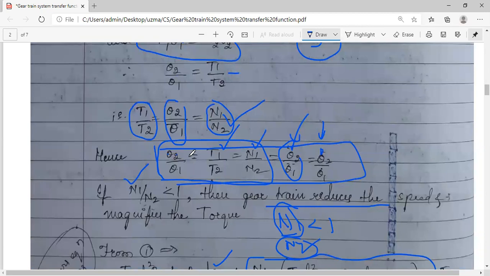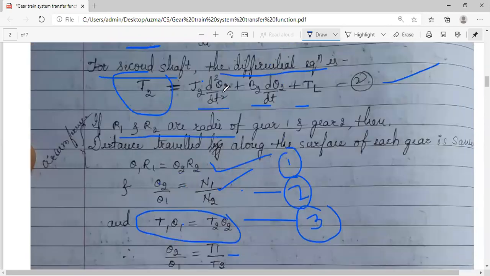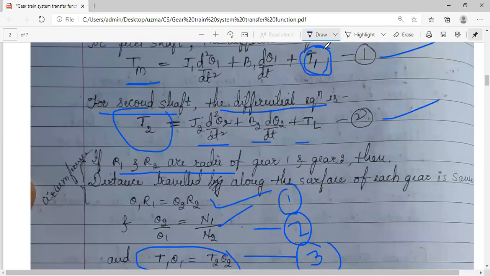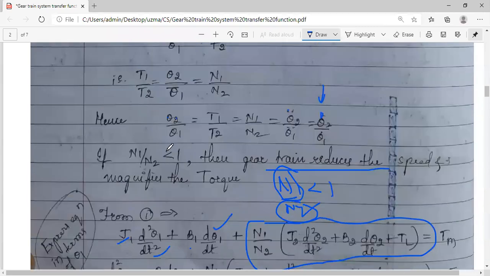You can see, as I told you, I have to make use of this relationship which I have written here. Okay. From this relationship, what I'm going to do is, you have torque T1. Okay. But the availability is for T2 also. So I will try to express one thing in terms of the other. How have I done it? Let me take the ratio.